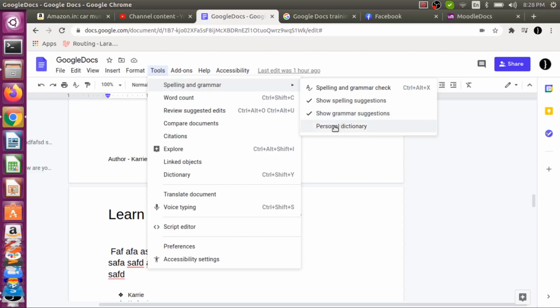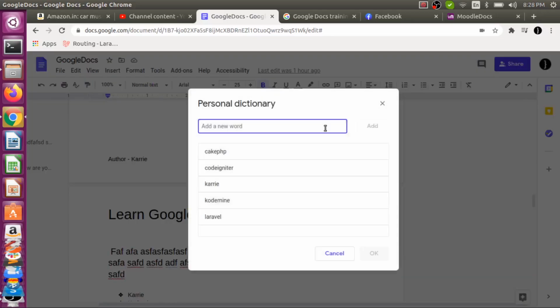The next thing is very important, I think, which is personal dictionary. What is that? If I click on personal dictionary, here I can write down some words which could be displayed as a spelling mistake, like your name. It could be in Hindi or Punjabi. In English, the spelling checker will mark it as a spelling mistake.